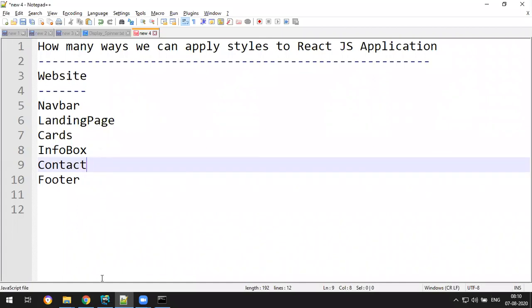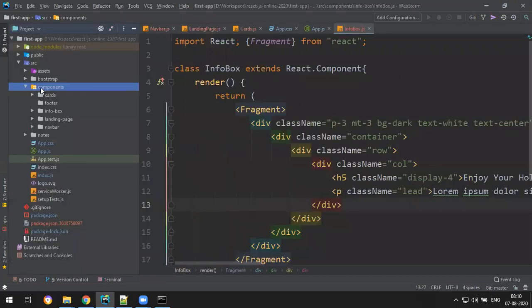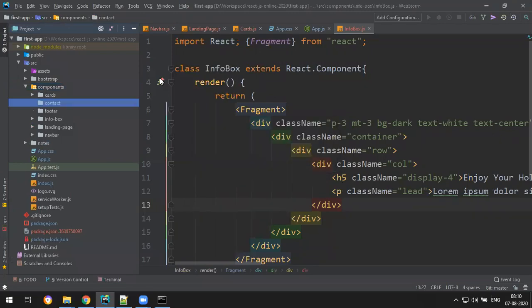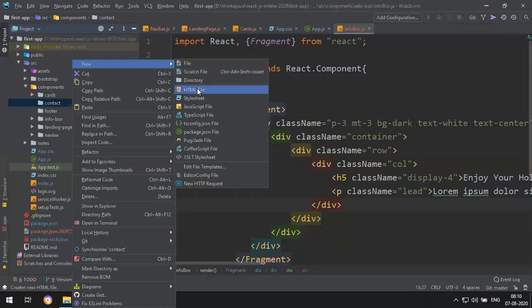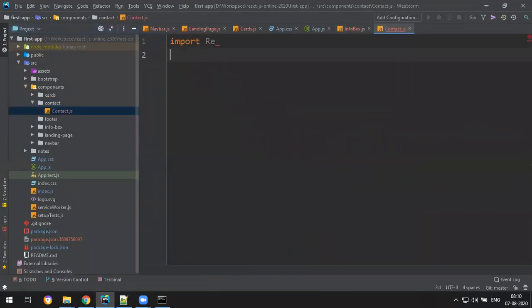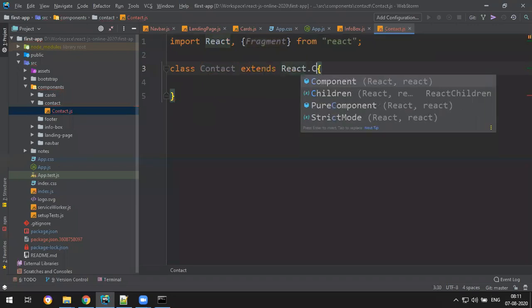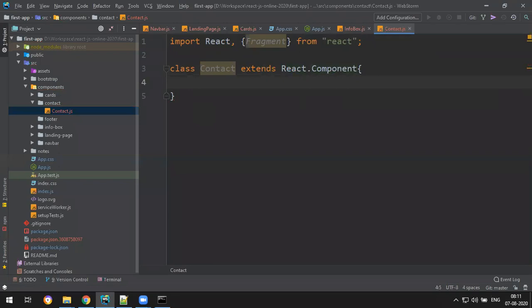Okay, let's create that. So what I should do is, in components, I create a new directory called contacts. In this, I create a new component, one JavaScript file, capital Contact. So again, import React from React, and also the fragments. Next, let's make a class Contact extends React.Component, and let's say render.